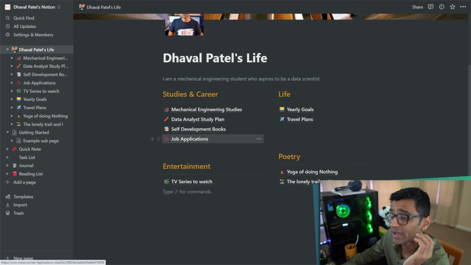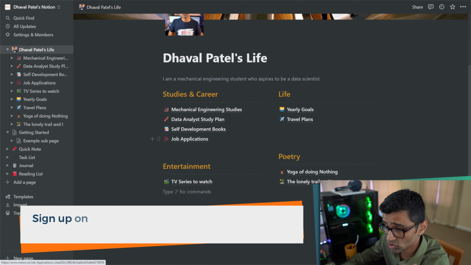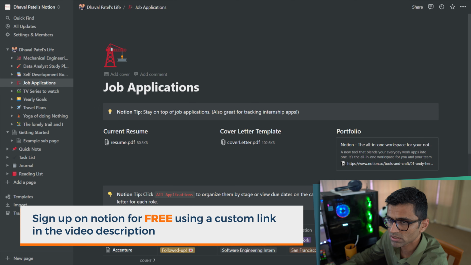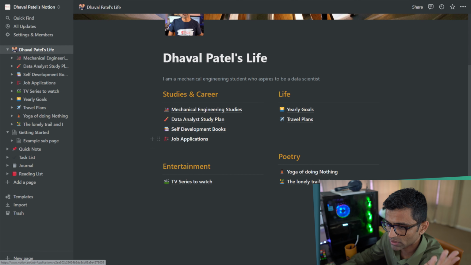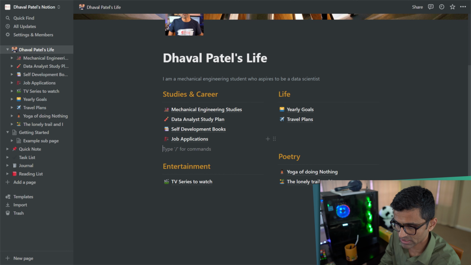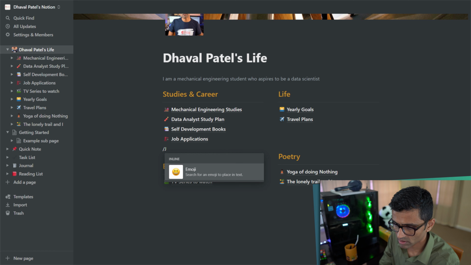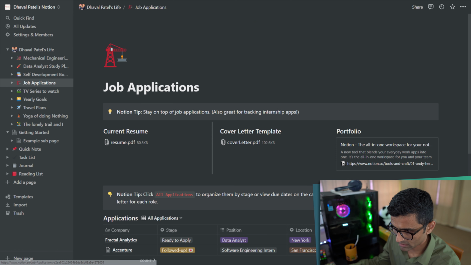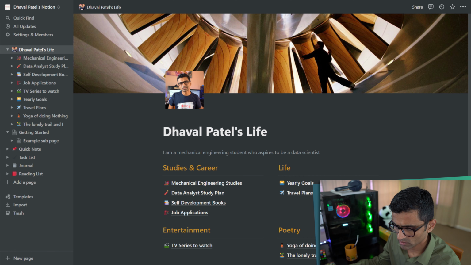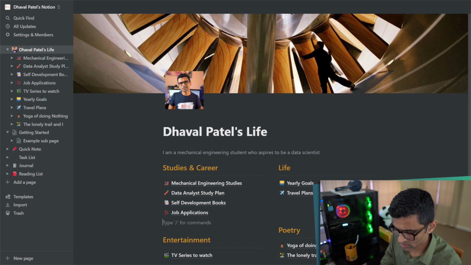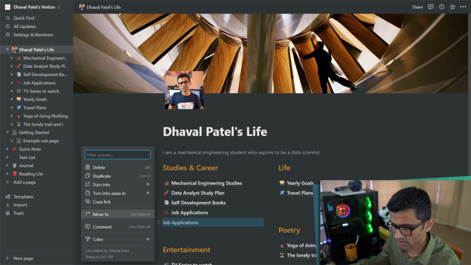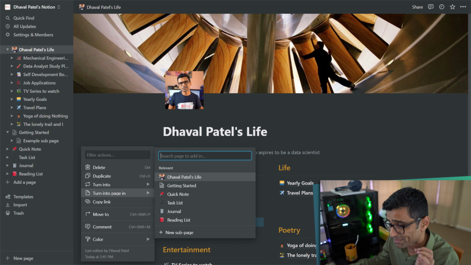Now if I'm applying for different jobs and I want to track my job applications, I have added this page here where I have all my job applications, but in fact I used a template. So let me just show you how to use a template. Here I will just say job applications, and then I will turn this into a page on, let's say, Dhaval Patel's life.